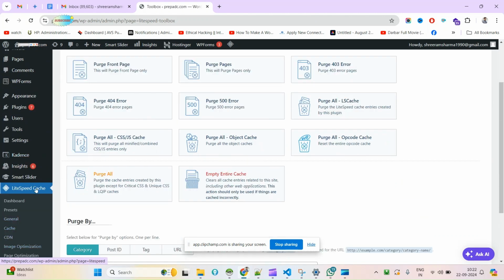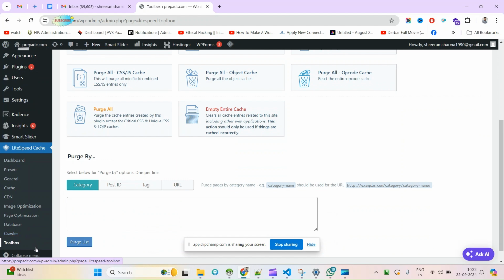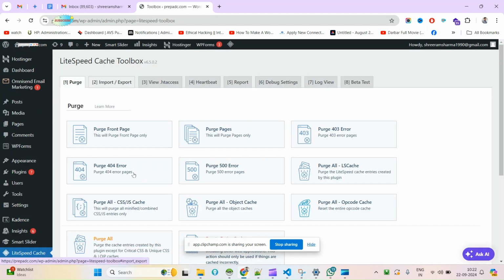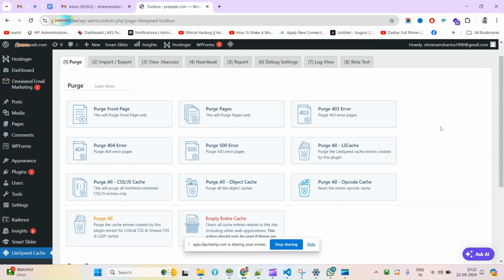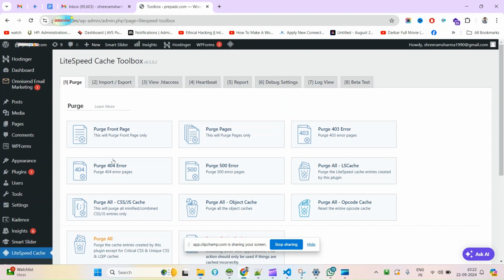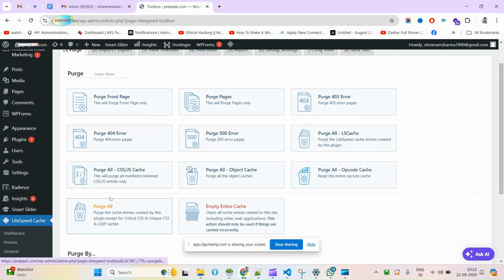So if you see here the LiteSpeed Cache dashboard, you will find the presets and general cache list, and you have to directly go to Toolbox, from where you will find the option to clear the cache. Which type of cache do you want to clear? For front page cache, you can see one by one here. For all LS cache, opcode cache. But in case you are not sure which cache you should clear, you can go for all cache. Okay, so I will click on Purge All,